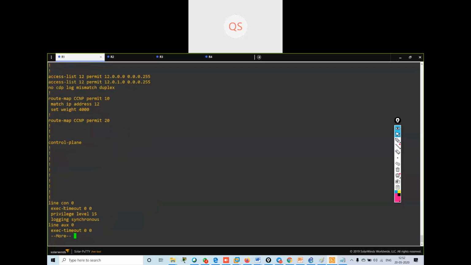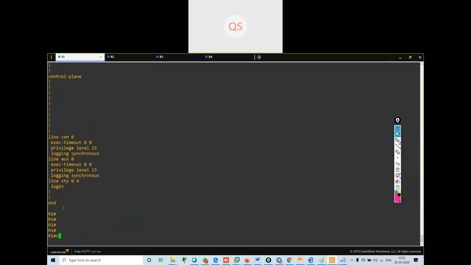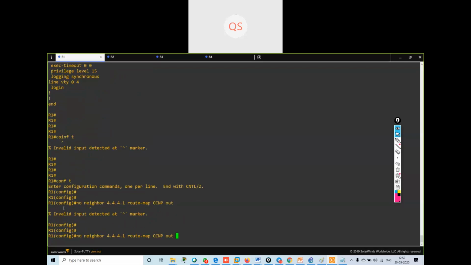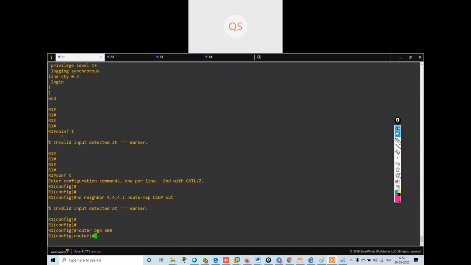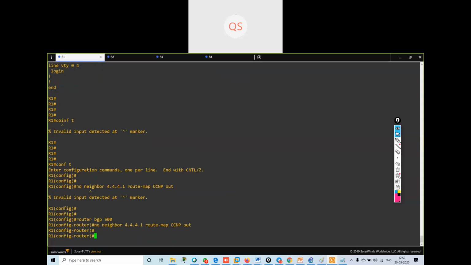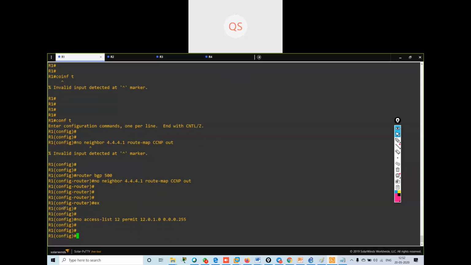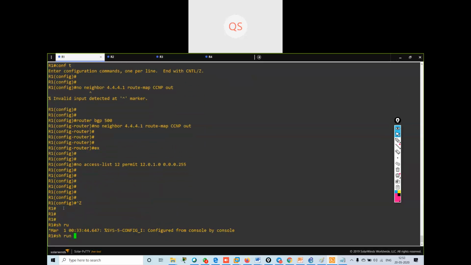I'm having access list and route map. What I will say, no route map out, no access list, okay, show run.